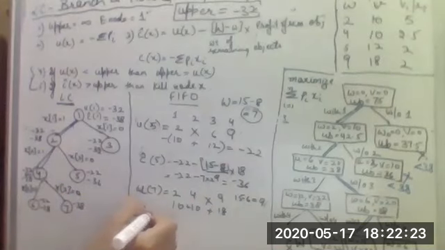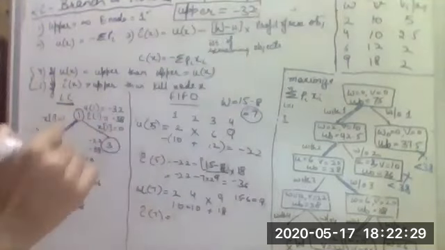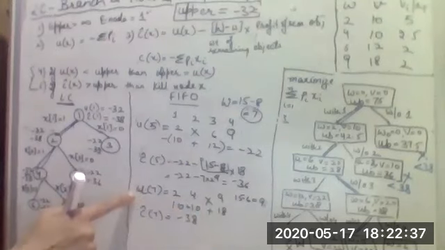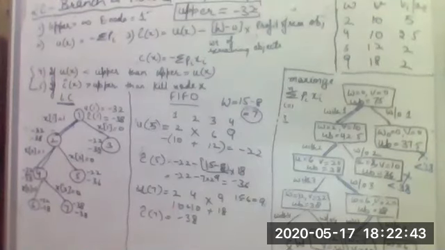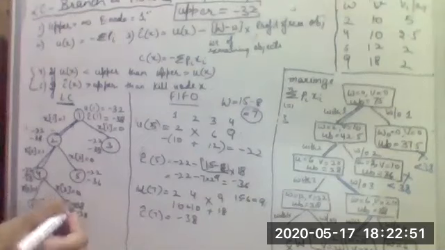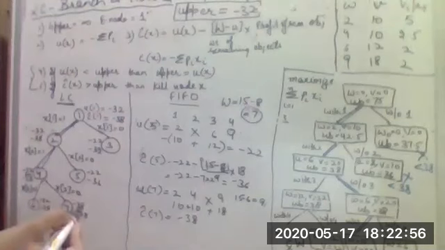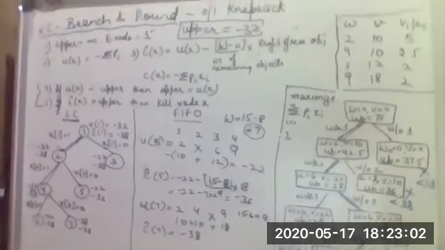And if we try to include the C cap values, because there are no remaining objects and W minus W is 0, it is going to be the same as your U value. Yes, so both are going to be minus 38. And from here, we are going to check with the U values. This is minus 32, this is minus 38. If your U function value is lesser than the upper, which is minus 32, and this is minus 38, so we are going to change the upper value.